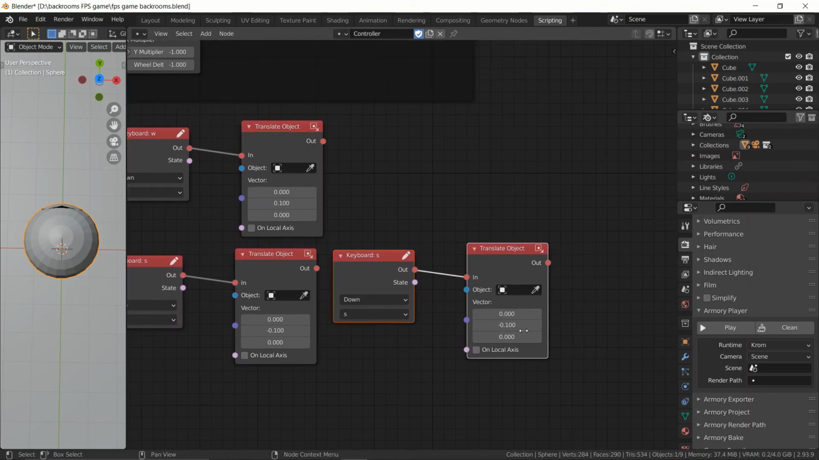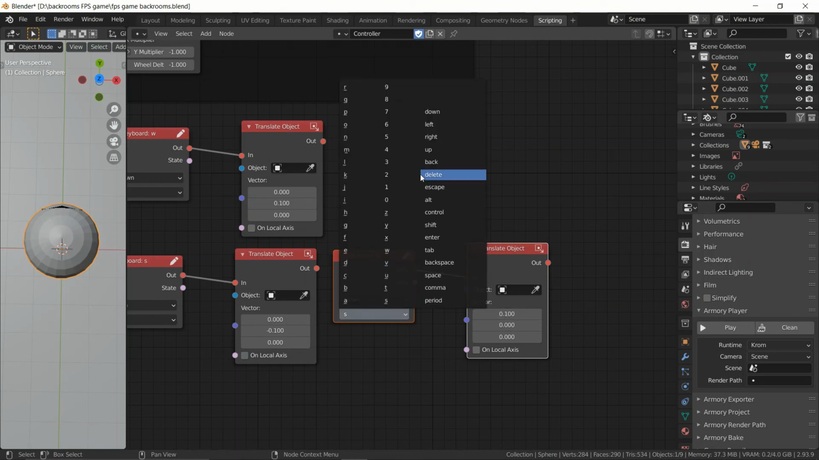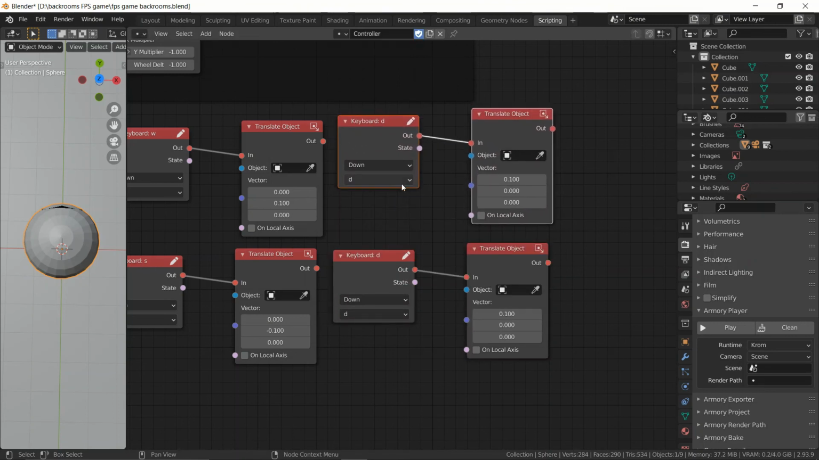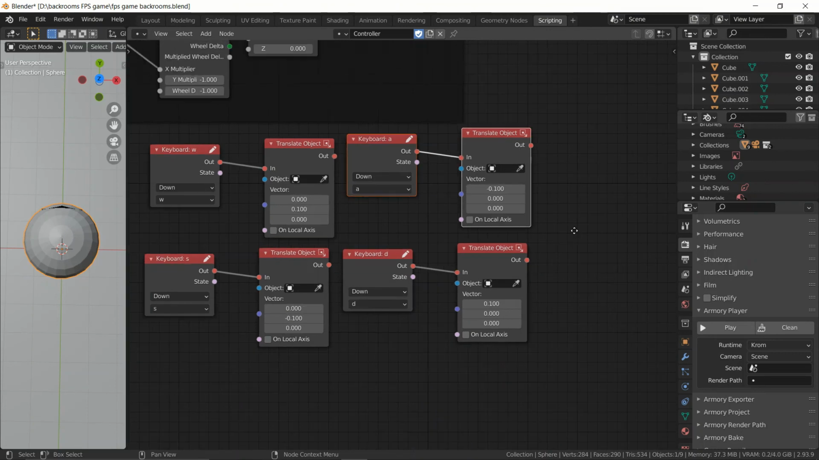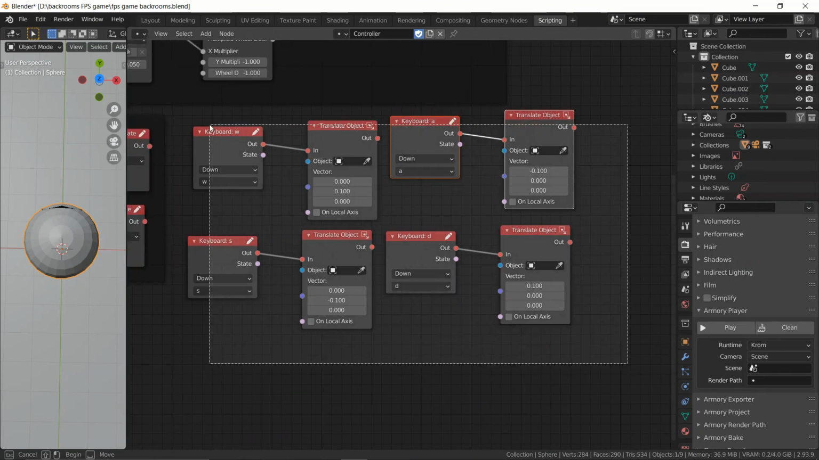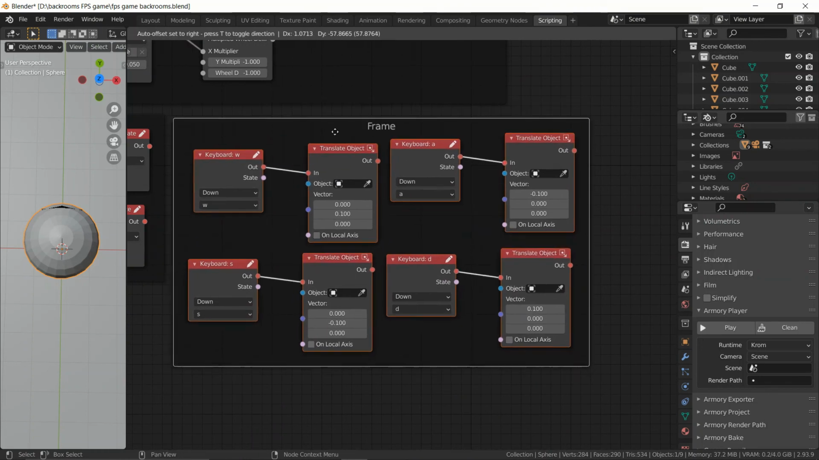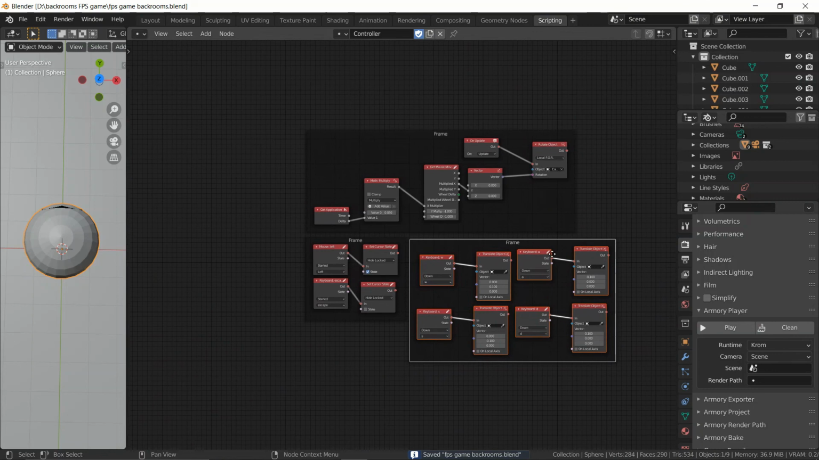Also zero this out now, because we want to do the X, as in side to side. X positive is 0.1, and that is going to be the D key, as in moving to the right, and the same thing for the left with the A key, just adding a negative value. So this should be able to move us 0.1 in either direction. Let's save this out